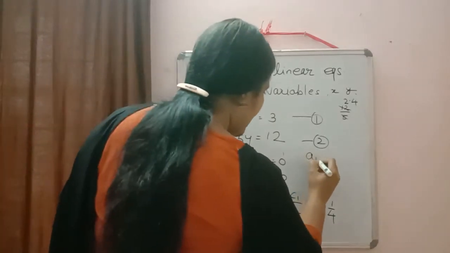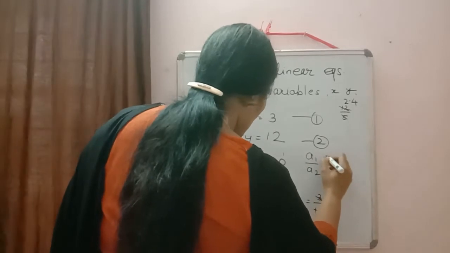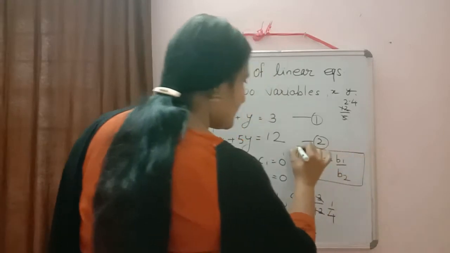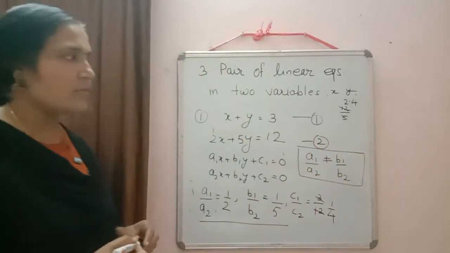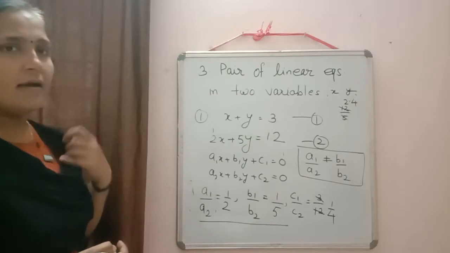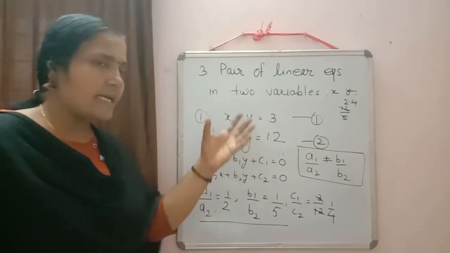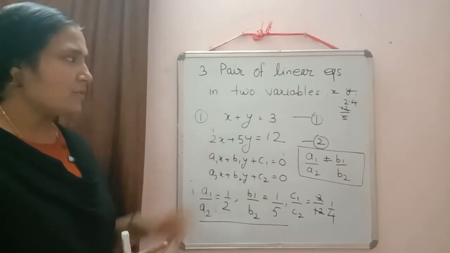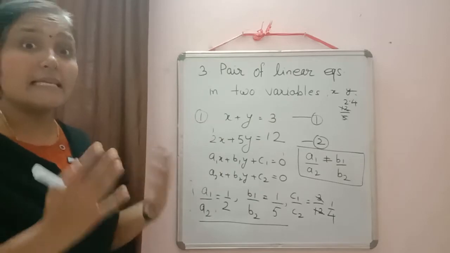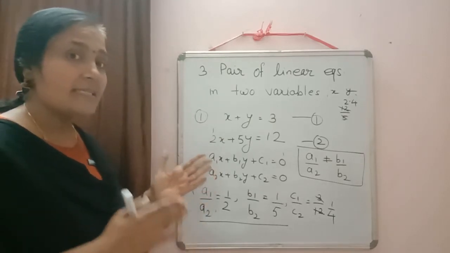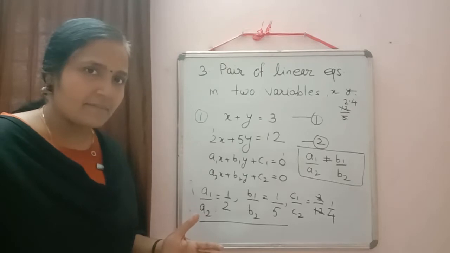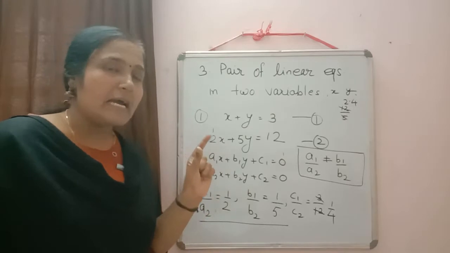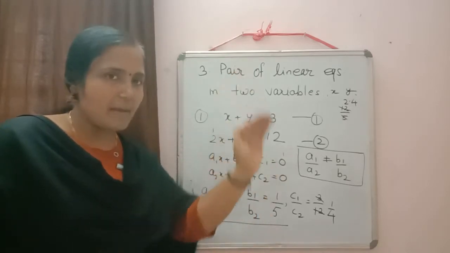So just we are writing here a1 by a2 not equal to b1 by b2. This is the condition which we wrote there. a1 by a2 not equal to b1 by b2. And when we have drawn the graph, the lines are intersecting at a point, and I said that was the solution of the given two linear equations. So solution is there. Then this type of equation is consistent or inconsistent? If solution is there, then we will say the pair of linear equations are consistent. At last we will summarize the result.